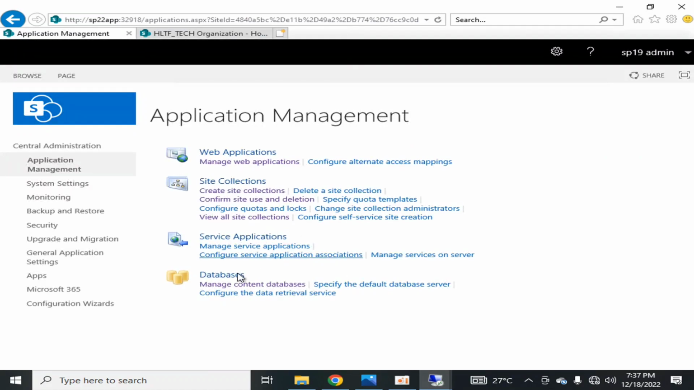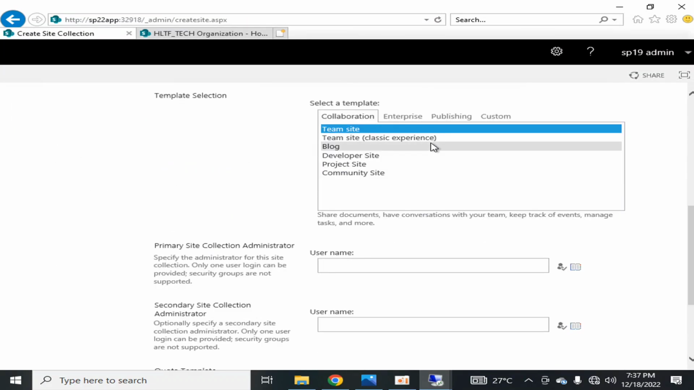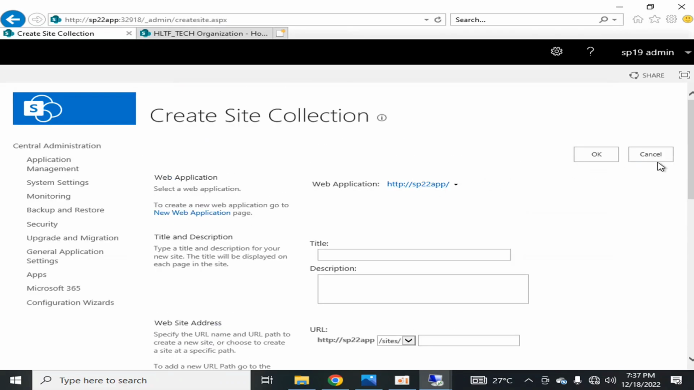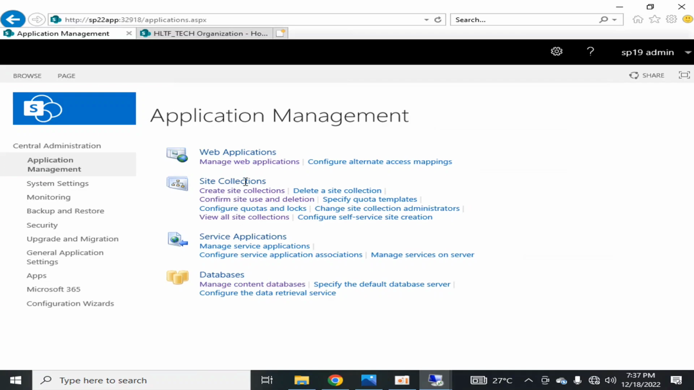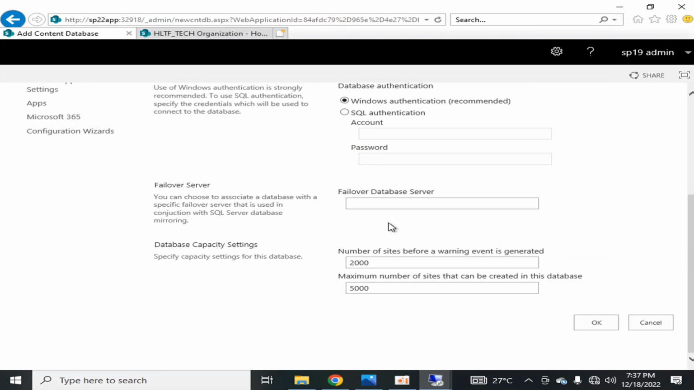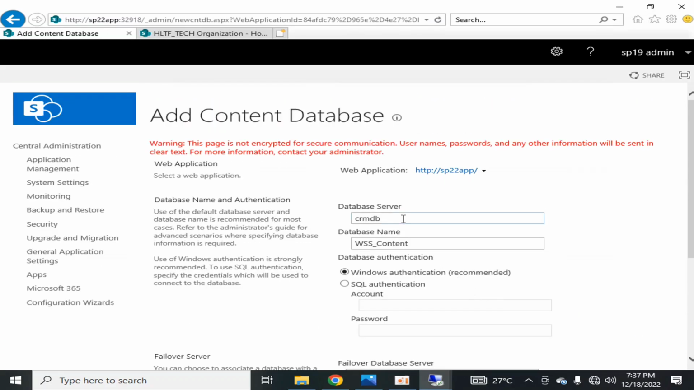So for creating a new site collection, if I go and create a new site collection, it will give me an option. For creating a new site collection on a new content database, I have to first go into manage content databases and create a new content database here. After creating it, I can create a new site collection on the new content database, because